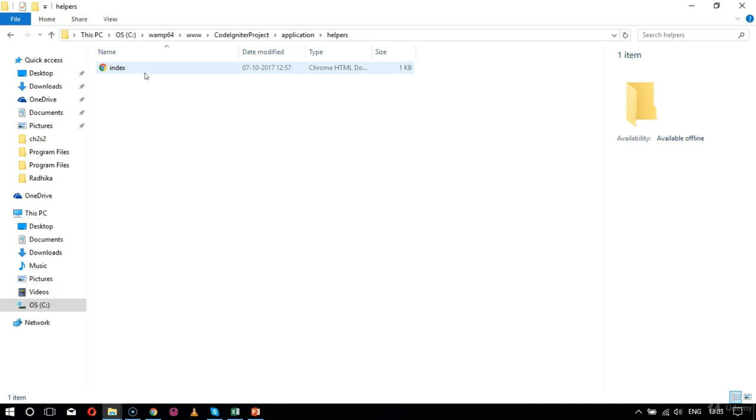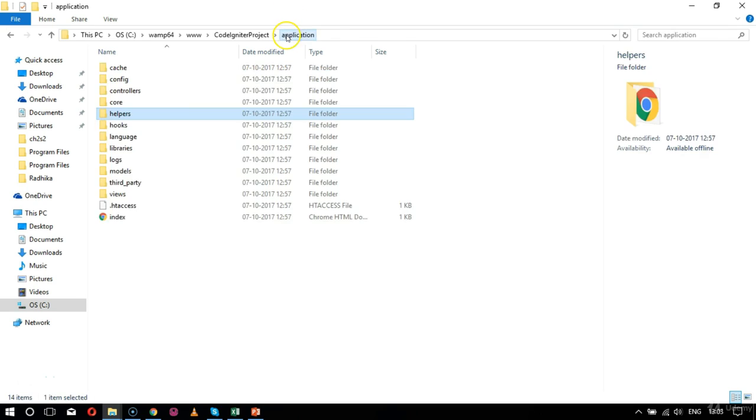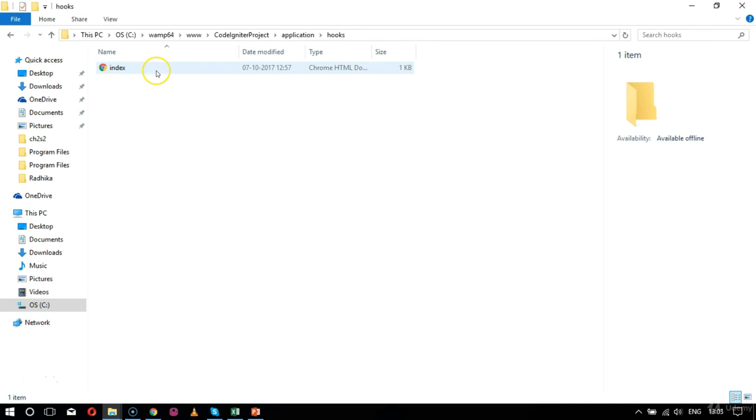You have a set of functions, you just have to take this function and implement it in your page. You don't have to write it from the basics. So that is what helpers are all about. Next comes hooks. Hooks are nothing but files in this folder that provide a means to tap into